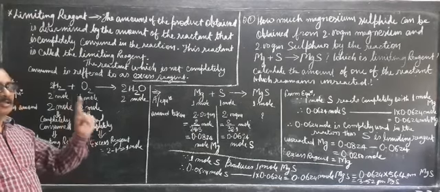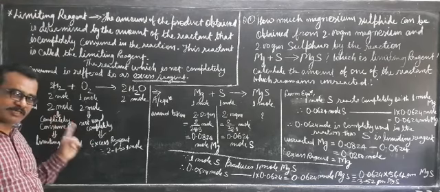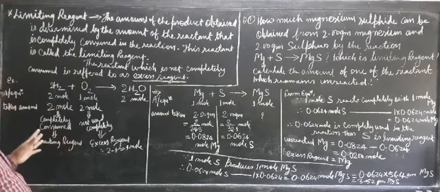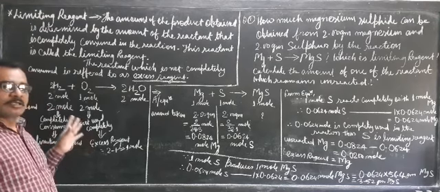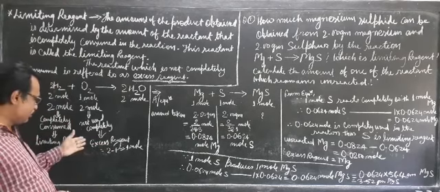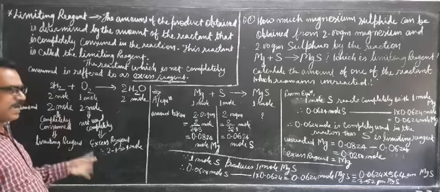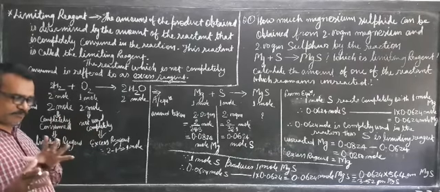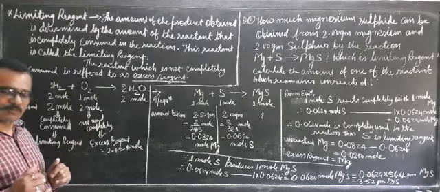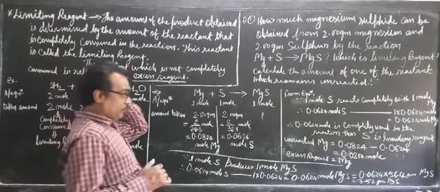The reagent which is completely used up in the reaction, we always take care of that. We always make the calculation using the reagent which is completely used up. That means whenever you have to make a calculation, you must calculate using the limiting reagent, not the excess reagent. Because whenever you use the excess reagent, it is a false calculation. It is not used up in the reaction, it remains as it is, since it has not participated completely in the reaction. So that is why we will not be using the amount of excess reagent in the chemical calculation. Now, to understand this, we will take an example here.